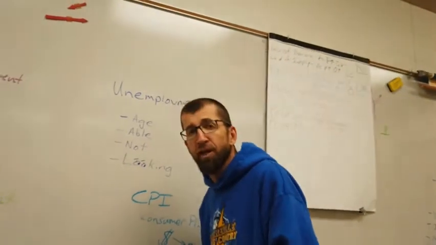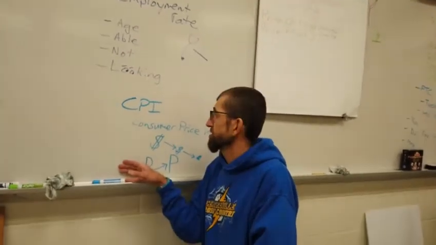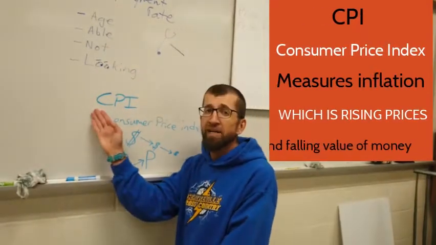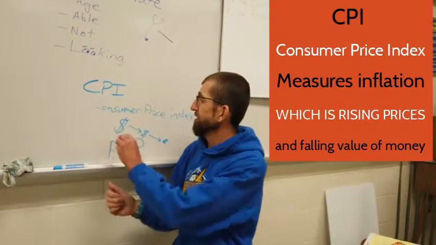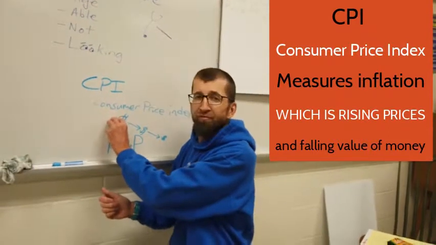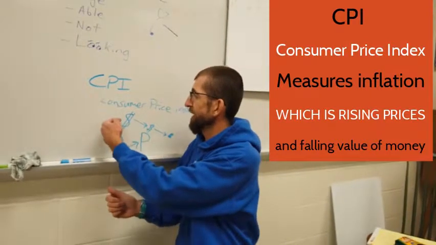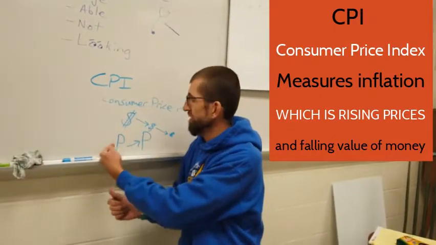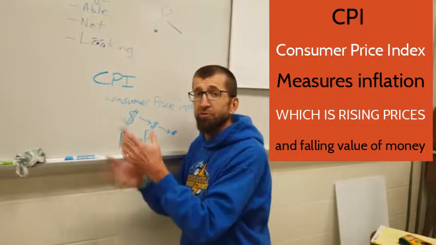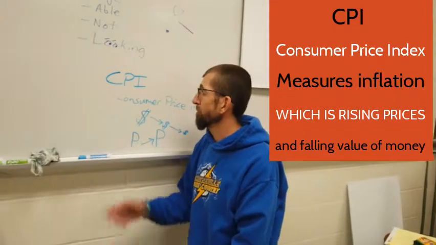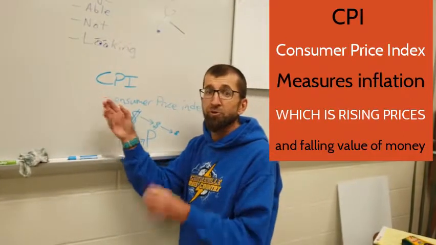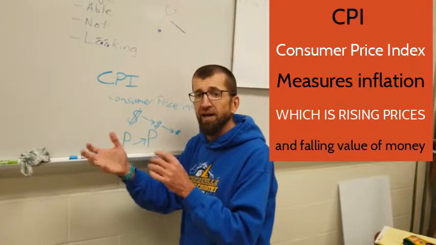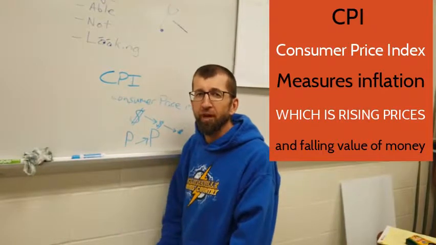The last of our vocab terms that relates to those economic indicators is down here. That is the CPI, which stands for the Consumer Price Index. And it measures the falling value of money. So dollars get less valuable over time because prices rise. So the dollars buy less stuff, and what we mean by that is inflation. So CPI measures inflation. So between unemployment rate and CPI, we can get a pretty good picture of the health of the economy.